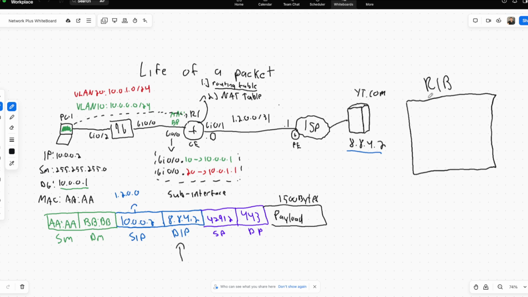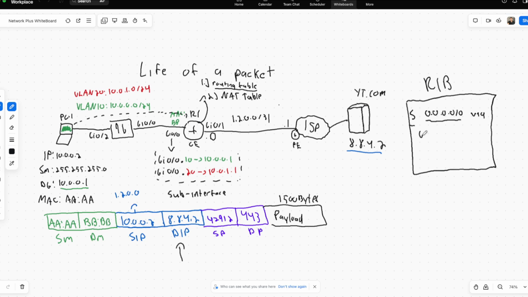We make our global routing table by either A, putting in static routes, or B, building it with our routing neighbors with dynamic routes like EIGRP, OSPF, RIP, and even BGP if we're trying to route for autonomous systems in an ISP. Now, in this little network, more than likely, we would just have a static route. So that static route would be something called a default route that would say, hey, for any packet coming into our routing information base, we have a default static route for all 4.2 billion IP addresses